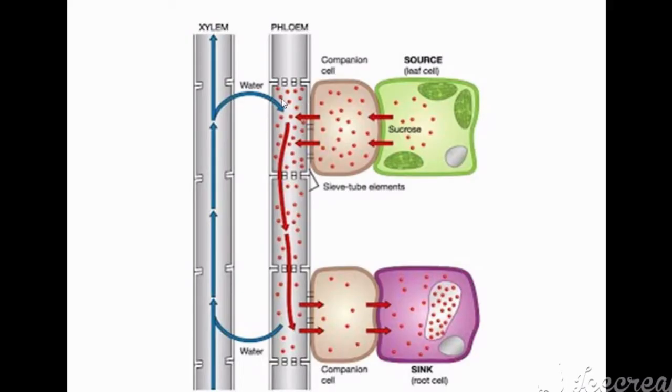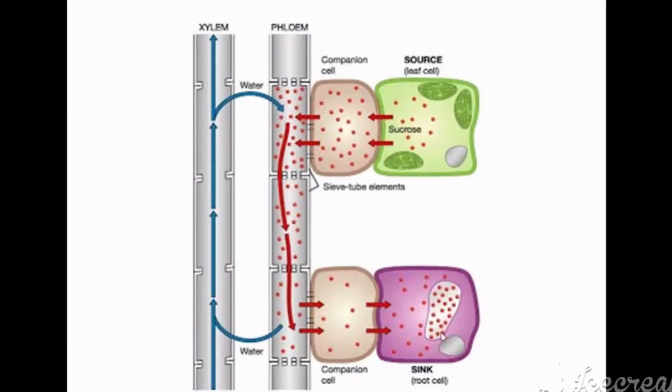The phloem always has xylem on its side, so water from the xylem will also move into the sieve tube. So in this particular area where sucrose is there and water is there, a pressure is created in this cell. That is the reason we call that pressure osmotic pressure. Due to that osmotic pressure, whatever is here, both food and water, will move to this cell. Now in this cell more pressure is created and this cell will have less pressure, so the food is moved from this part to this part.